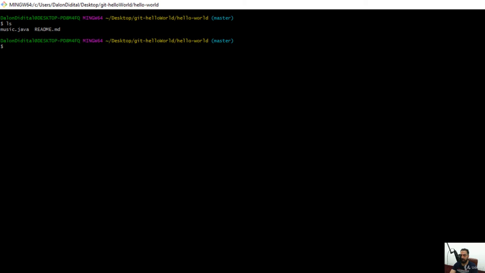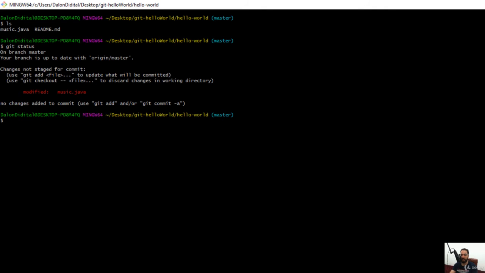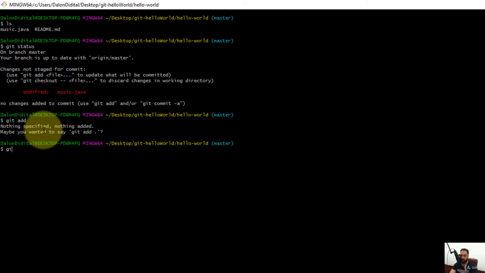First of all, let's see what the status of our Git is. I'm going to type git status. Now it says that the music.java file is modified. So first of all, we need to add this file to our Git and then commit these changes. So we can say git add, and then the name of the file,